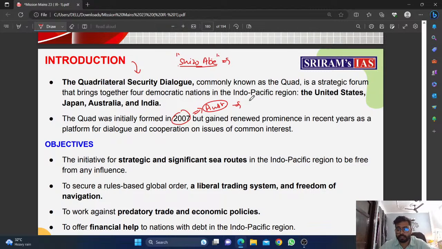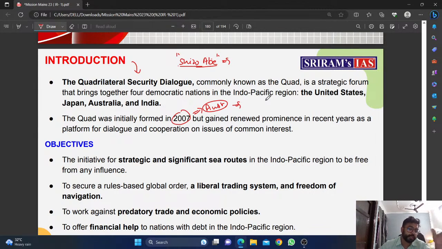उस टाइम पर ऑस्ट्रेलिया इंटरेस्टेड नहीं था क्वाड को ज्वाइन करने में, बिकॉज ऑफ देयर इन्वॉल्वमेंट विद चाइना। दे आर इवन टुडे डिपेंडेंट ऑन चाइना, बट उस टाइम पर और ज्यादा था। ओके, सो व्हाट आर द ऑब्जेक्टिव ऑफ क्वाड? द मेजर ऑब्जेक्टिव ऑफ क्वाड इज टू डेवलप अ स्ट्रेटेजिक एंड सिग्निफिकेंट सी रूट इन द इंडो पैसिफिक रीजन, ताकि आपका इंडो पैसिफिक रीजन कैन बी फ्री फ्रॉम एनी इन्फ्लुएंस।